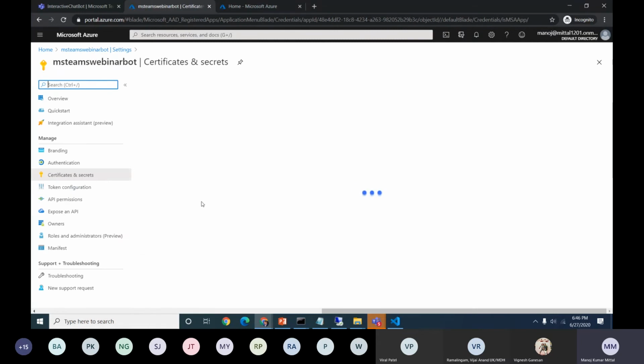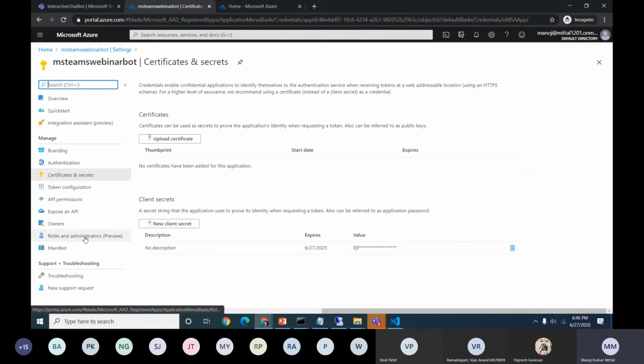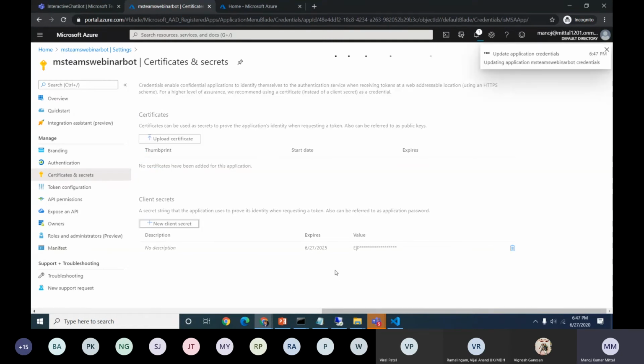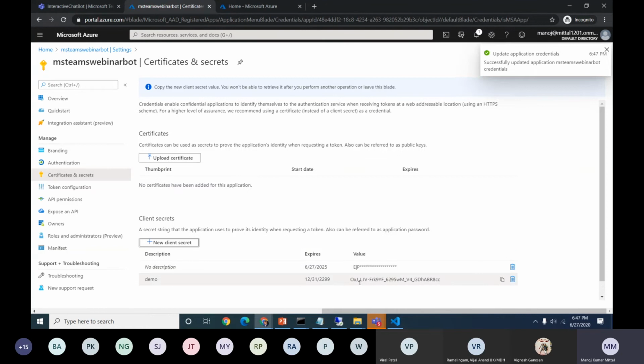So this is creating the Azure AD instance for us. If you need to give any permissions to particular APIs, any authorizations to the bot in the bot section, we can use this. It's very well integrated with our Microsoft Bot ID. No need to create a separate client ID and client secret. So the client ID here is the same as the bot ID. Only the secrets we can create here. Just click it here. The secret, anything, demo, never expire. So it will give you the password. With the help of this user ID and password, we can consume all the other Graph APIs.